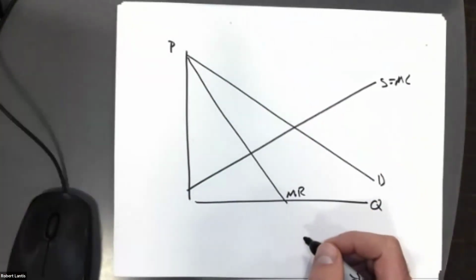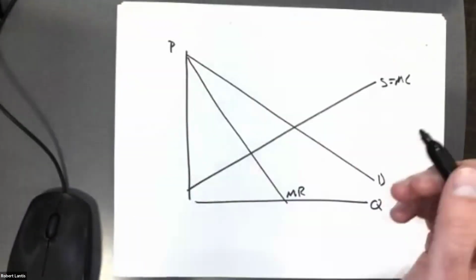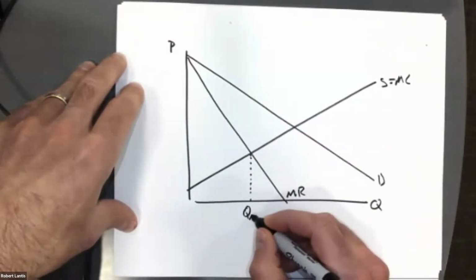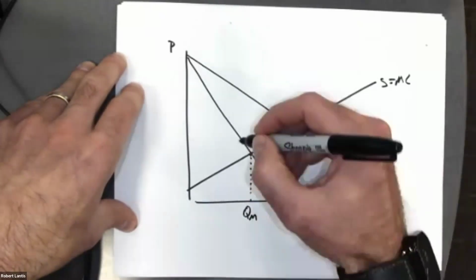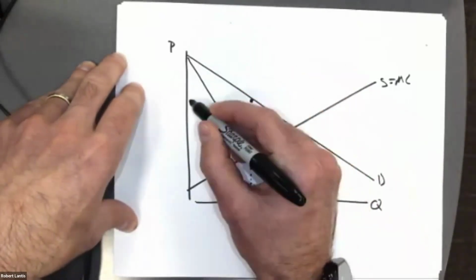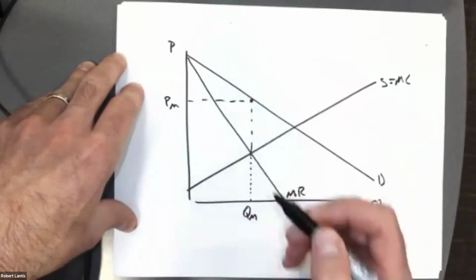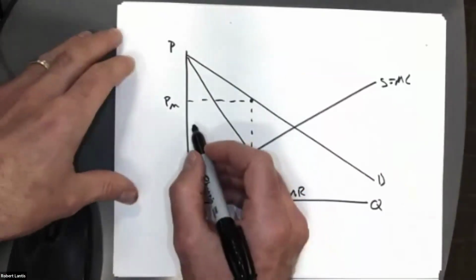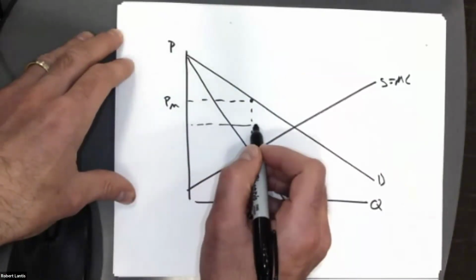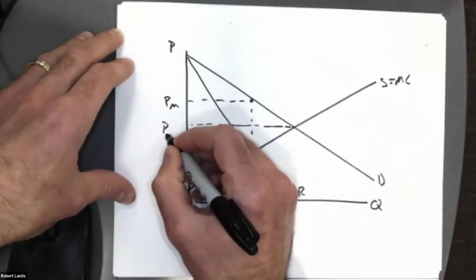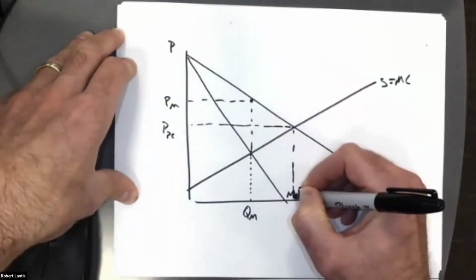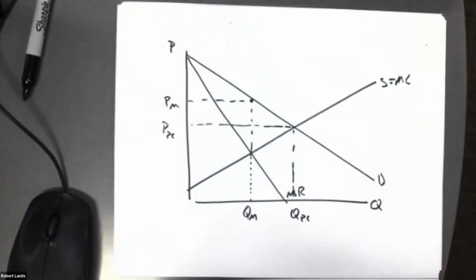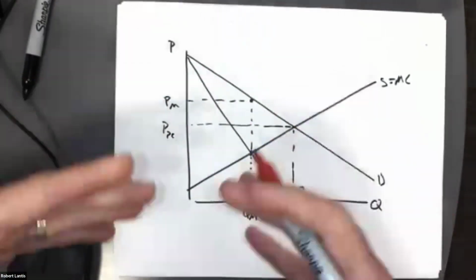Let's think about where the monopolist's quantity would be. So that's where marginal revenue is equal to marginal cost. They then go up to the demand curve to set that price. Okay. So we said that the perfectly competitive market would stop where supply is equal to demand. Okay. So I know this is going to get tricky. I wouldn't necessarily suggest maybe even taking notes on this, but kind of watching,